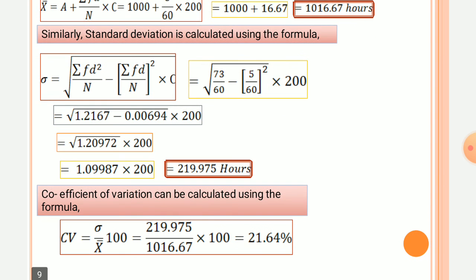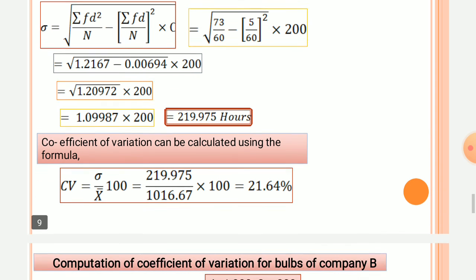Now root of 1.2167 minus 0.00694, into 200. Therefore root of 1.20972, that is 1.09987, into 200 is equal to